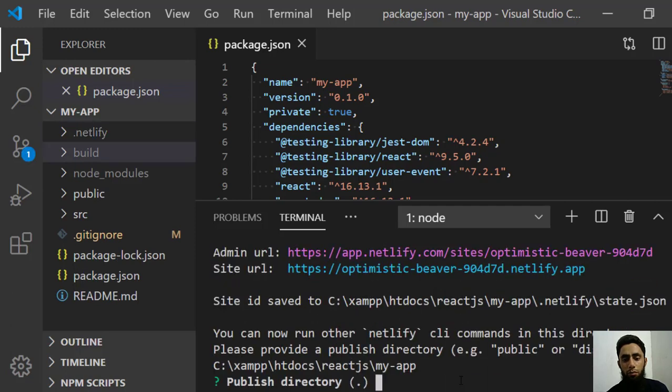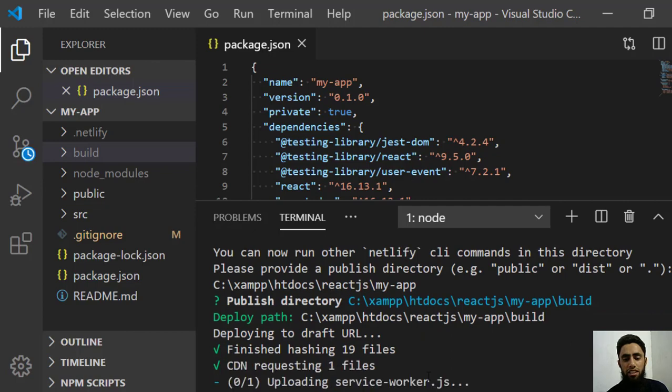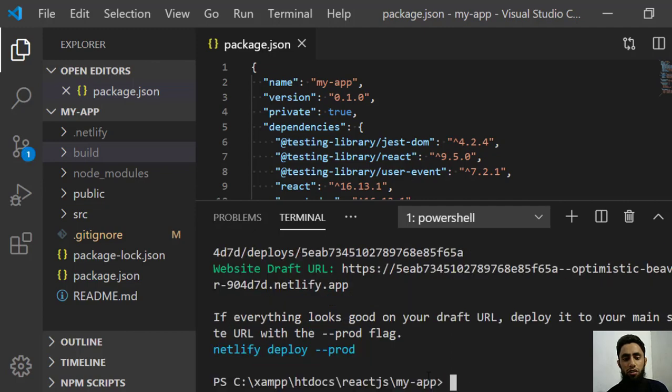Then we have the publish directory. Which directory do we want to deploy? That is /build, because we have this build folder and we are interested in deploying this one. Press the enter key, and now our website is going to be deployed.